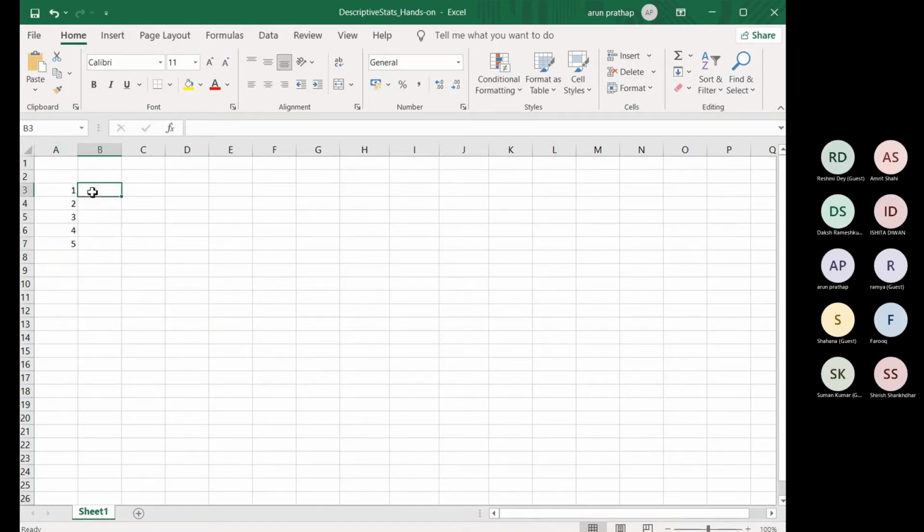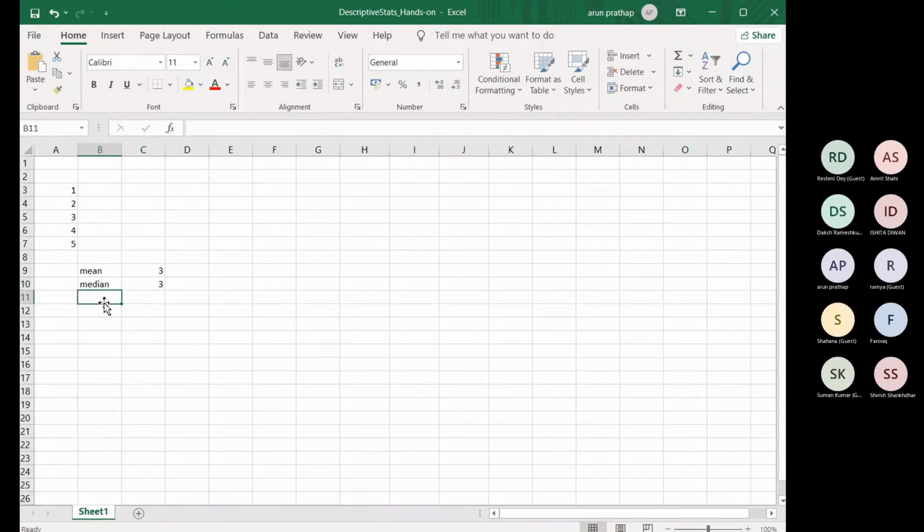So basically, what is the mean? Sum of the data divided by the number of points. The mean of the data is not 5, it is 3 actually. Because if you sum all these, 1 plus 2 is 3, plus 3 is 6, plus 4 is 10, plus 5 is 15, divided by the total number of points, 5. Hence the mean is 3. Similarly, the median is the middle point that divides the data into two parts. Here we have an odd number of integers, 5. So (5 plus 1) by 2, that is 6 by 2, is 3. So the median is 3.